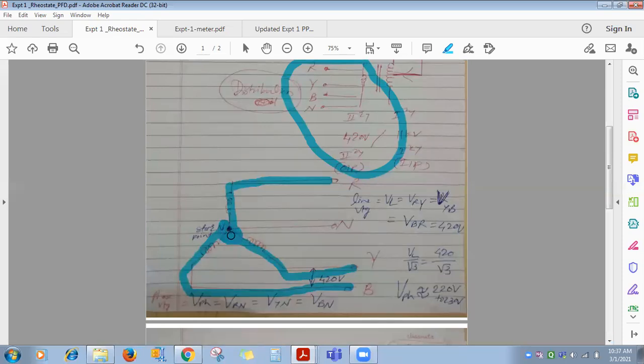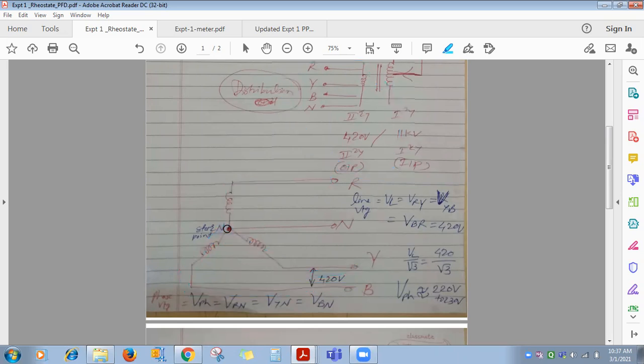Star connection means one terminal of each is connected together here. This point, where all three windings are connected together, is called the star point or neutral point. From this point they tap one wire, which is called neutral. Clear? Many times we say neutral phase and neutral single phase AC supply. So what do you mean by neutral? Clear?